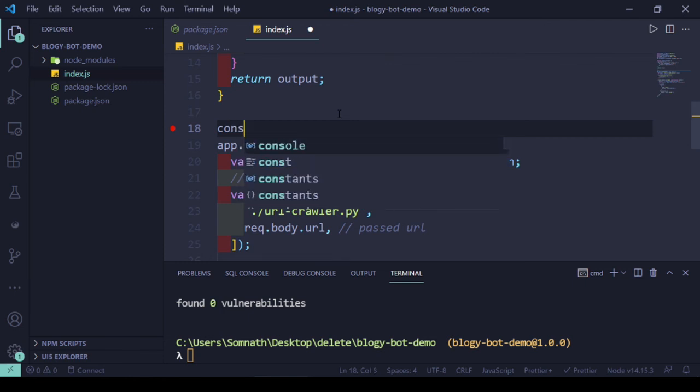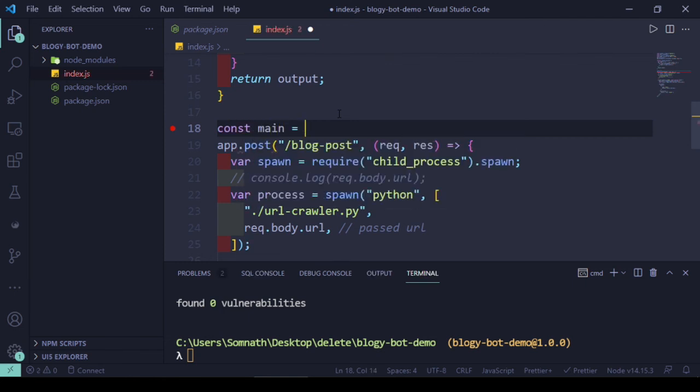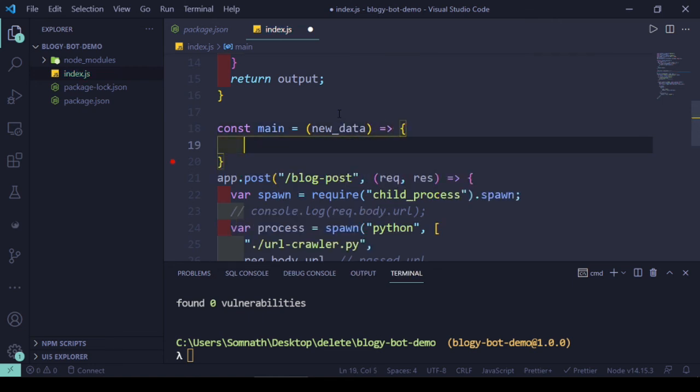So let's write a constant. We'll just pass some data. I'm using an arrow function, and here we'll first get the file name. Like the file, as I have shown, it's dynamically generating. So let's get the file name based on the current month and year, and with that file name, we'll pass that information to the GitHub account.